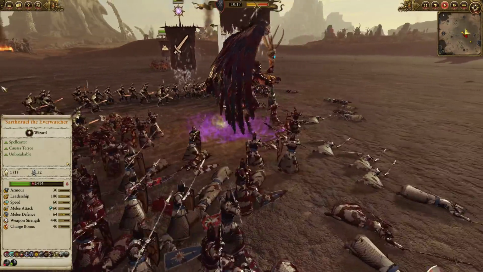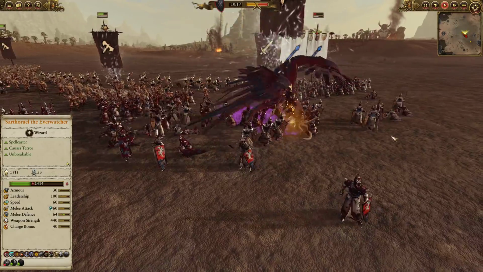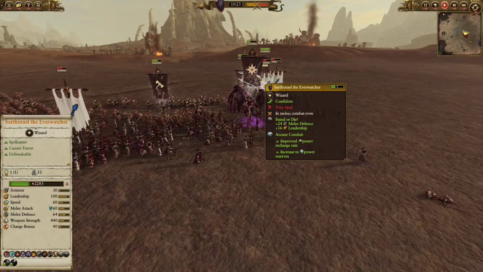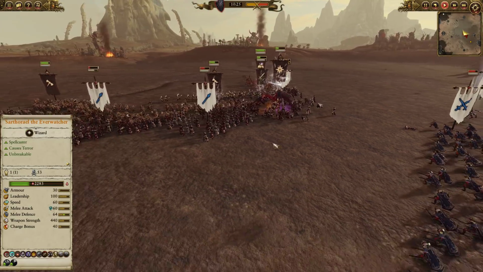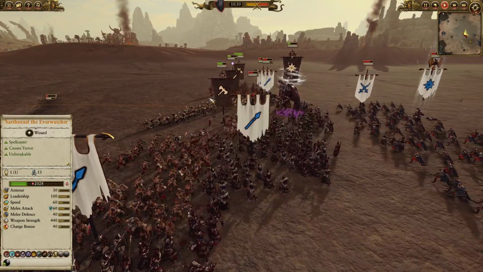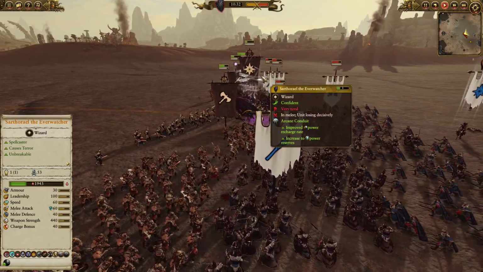The gigantic Everwatcher crashes in, sending the High Elves flying. But they're going to be able to do a decent amount of damage back, and if they can kill the Everwatcher here, they're in with a good shout, but he still has 2,200 health. Rangers are starting to get in here. They need to really do some good work on the Chaos Marauders, allow the Silverin Guard instead to fight the